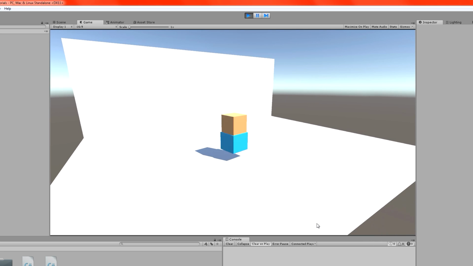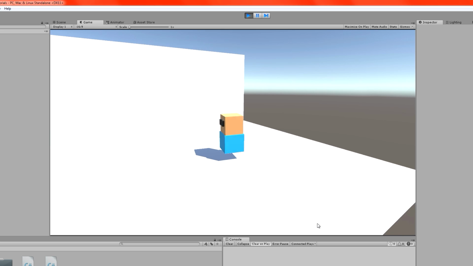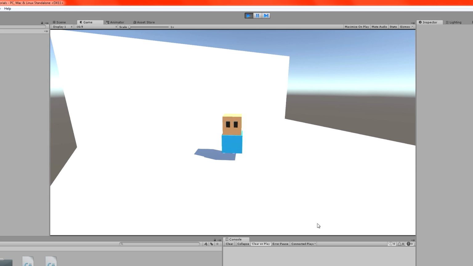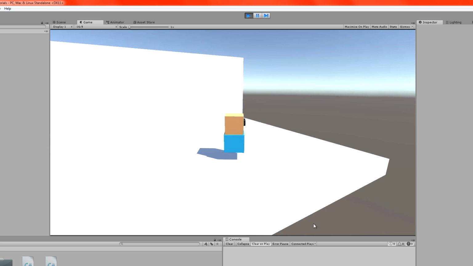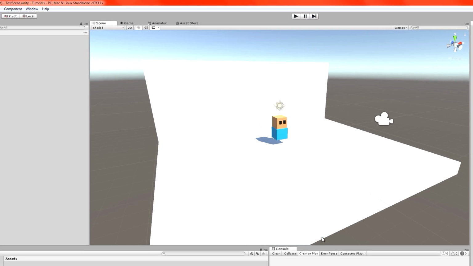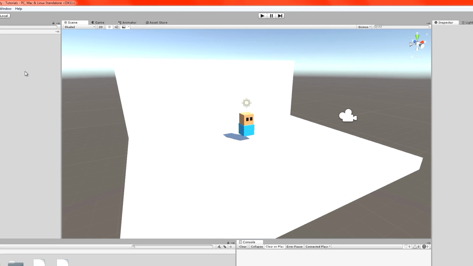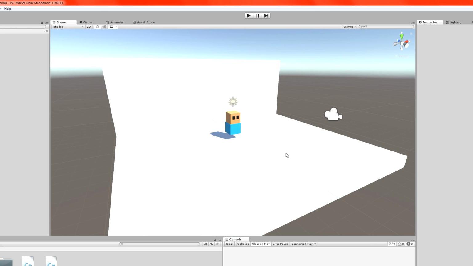We can change our low turn speed if we want to, just to make him a little bit faster on the rotations. We can decrease our acceleration a little bit actually, because he feels a bit like he's moving instantly. So I'm going to do that now. We're going to increase our turn low speed to about, I don't know, let's say 7. We're going to decrease our acceleration down to about, let's say 11. Switch back over, and here he is